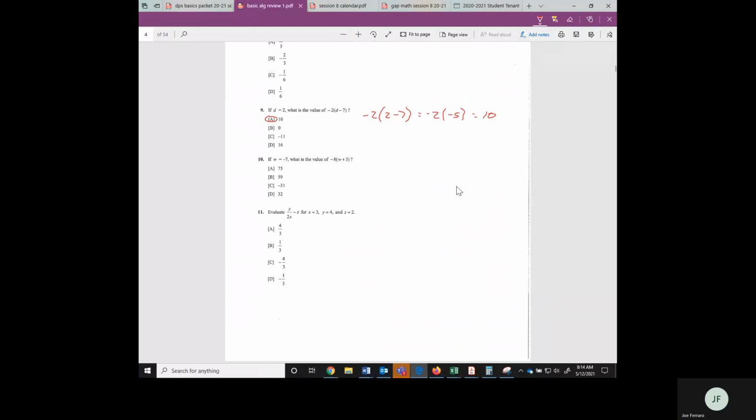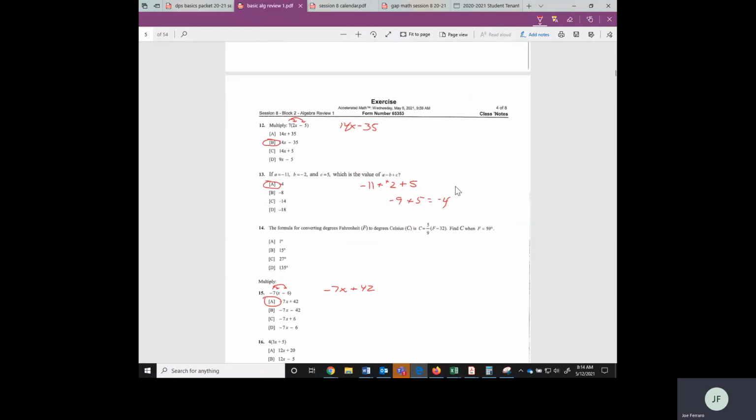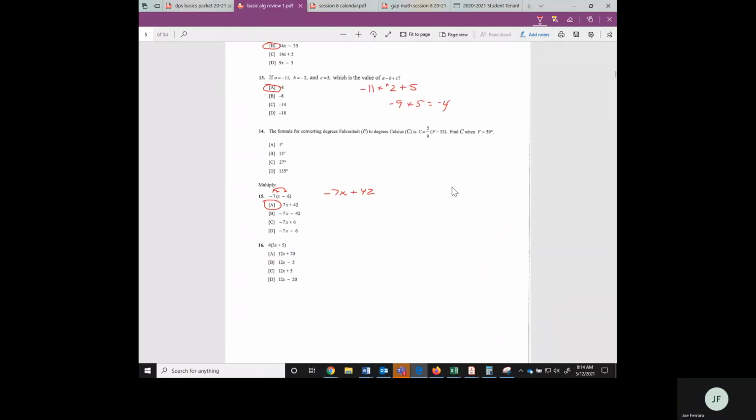Okay. And the last one, formula for converting degrees Fahrenheit to degrees Celsius is C equals 5/9 times F minus 32. So they want you to find the Celsius when Fahrenheit is 59 degrees. Okay, so you would take 5/9 parentheses, F is 59